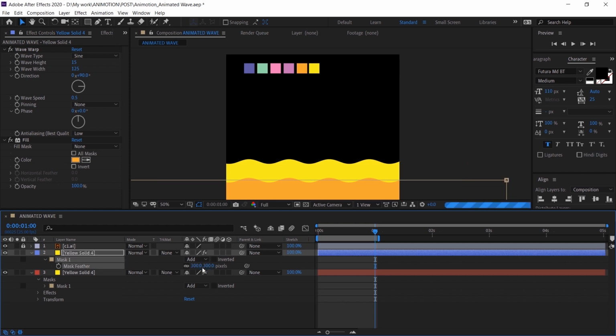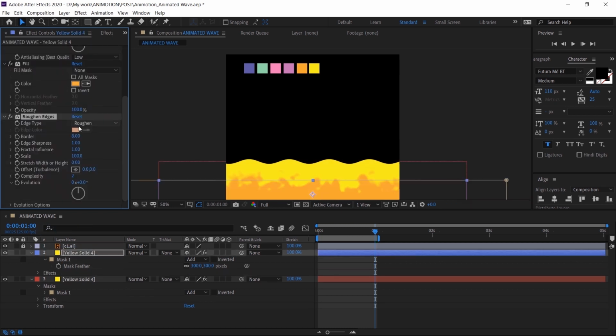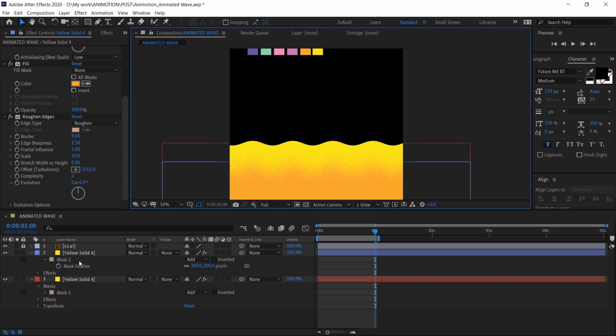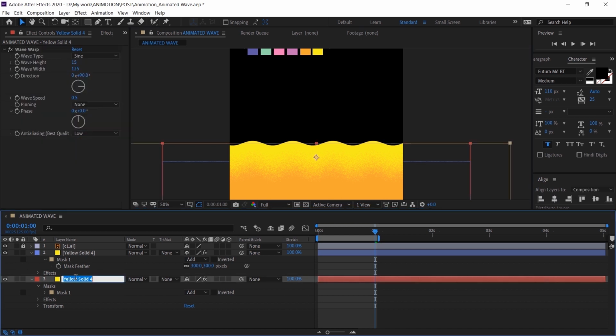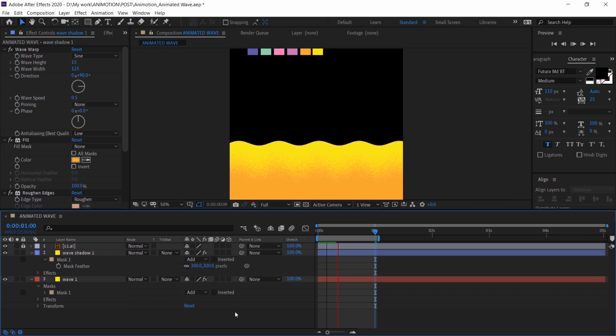Just make it 300, and then look for roughen edges and scale to 10, edge sharpness to 1.5. That looks alright. Now I want to change the name to wave 1, and then this one wave shadow 1. That's basically it. That's how you make one set of wave,